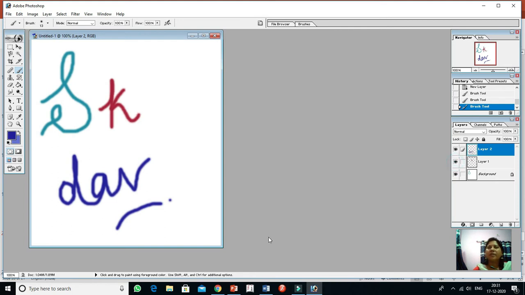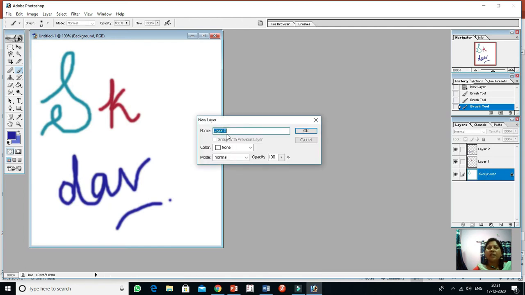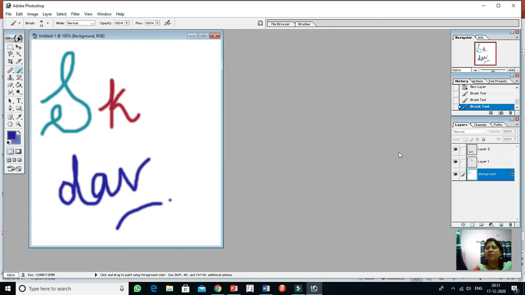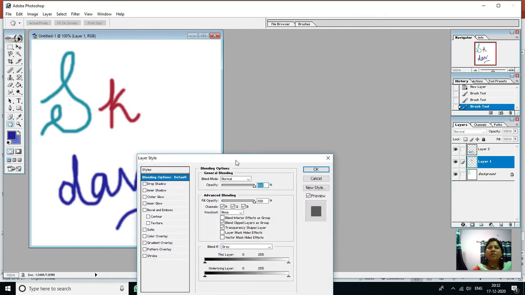Okay. Now make some design. Suppose on my background, double click this one, layer number 0 is there. Now this is the style.